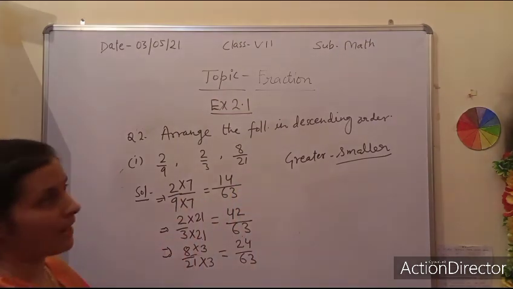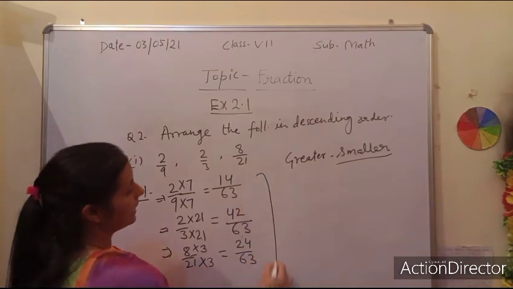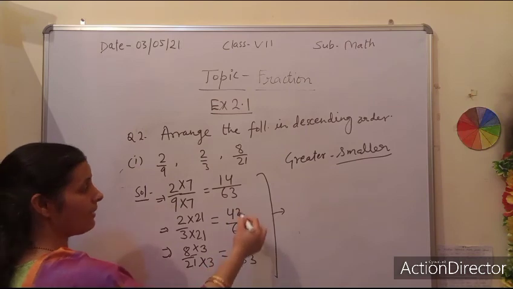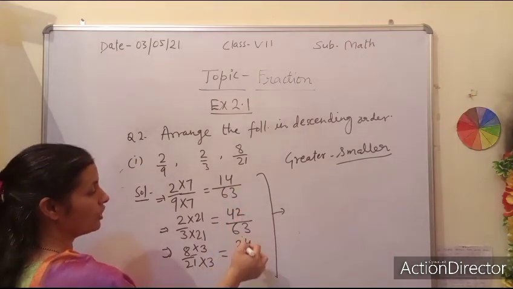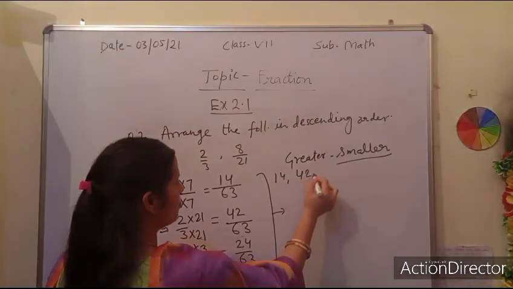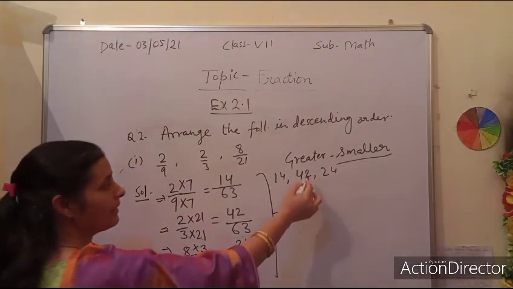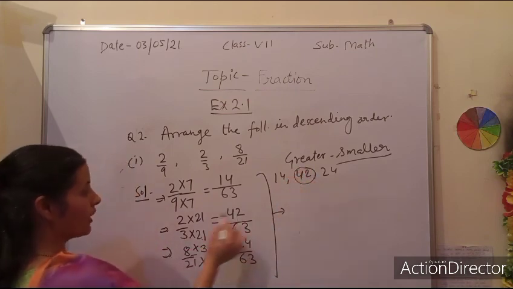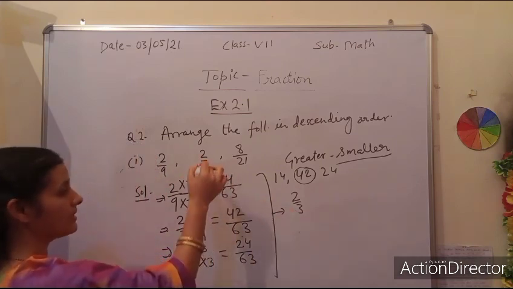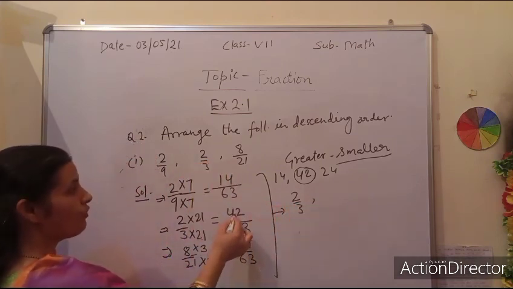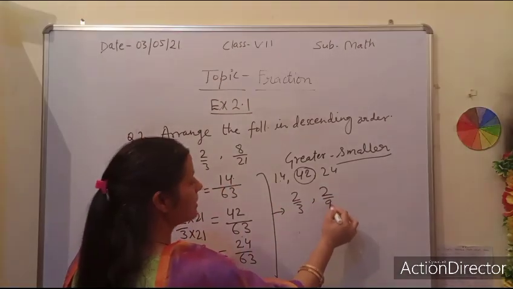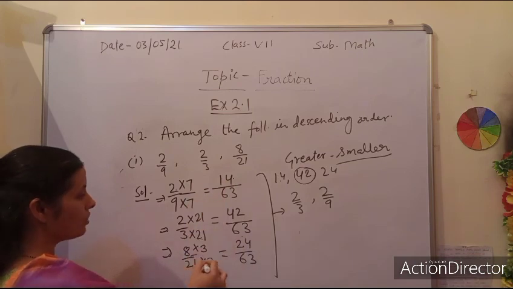Now we have these three fractions. Now arrange them in descending order. Descending means greater to smaller. Now you can easily justify which one is greater: 14, 42 and 24. Which number is greater? Obviously 42, which means 2 upon 3. So 2 upon 3 is the greatest among these three. Then after 42 comes 14, which means 2 upon 9. The second greatest is 2 upon 9. And now the smallest will be